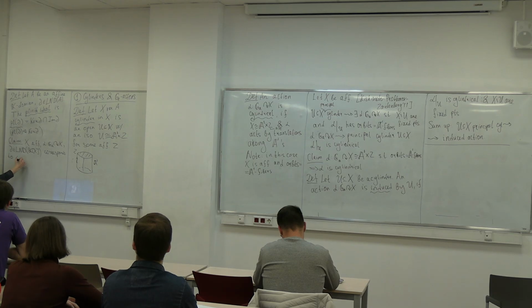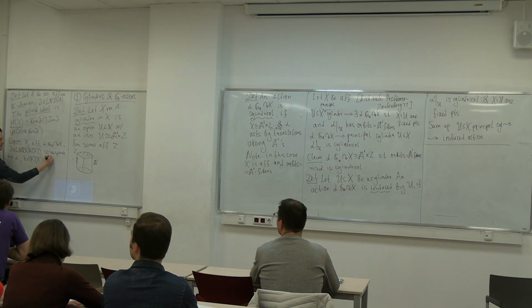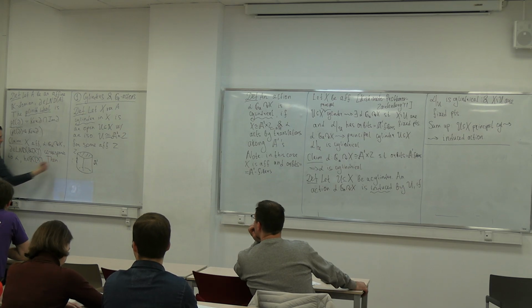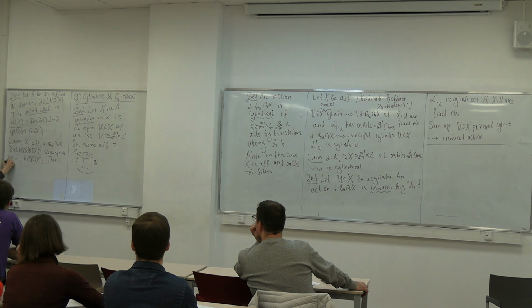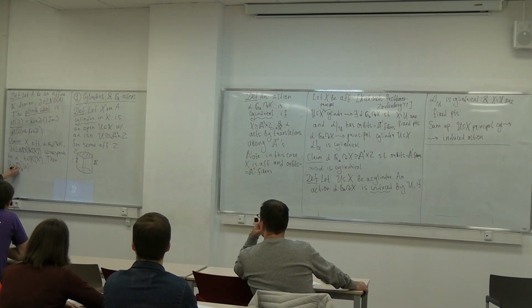And I fix a function h. Okay, that's the data. Then I have this criterion. The principal open subset U, I denote principal open subsets like this, D sub X of h. So that's the non-zero locus of h. So it's a cylinder